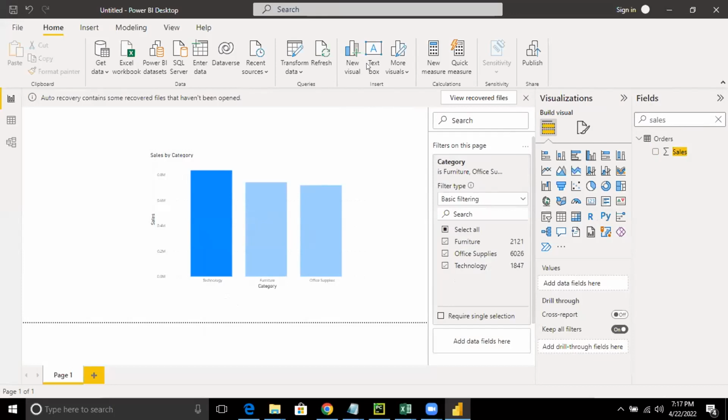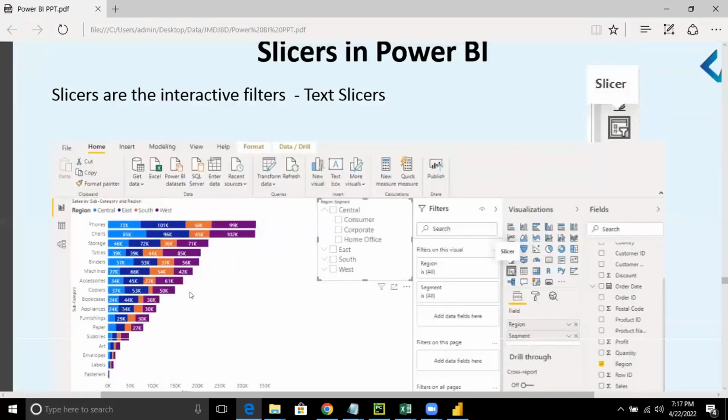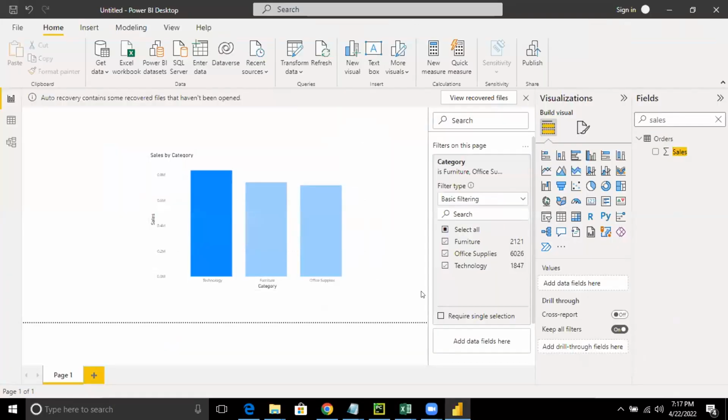Okay. The next thing that we are going to discuss now is the text slicers. Yes, there is option to change the colors as well. You can right click, select the option for the color. I'll show you that as well. So here, what we are going to discuss is what are slicers in Power BI. Right on the Power BI option, you will see something called slicer. Can you all see my cursor? I'm taking my cursor to this option, slicer.